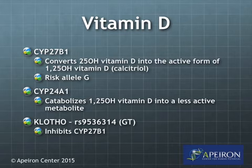You know, they're 40 to 60 on their vitamin D level, but you're looking at 25-hydroxy. If they're not converting that, then they are going to have higher levels because it's going to backlog a little bit. And then if you actually check the 1,25, you may find that they're deficient. So you need to keep their 25-hydroxy levels in the 80 to 100 range in order to get normal levels of 1,25. But what I do is, if I see this, I tend to order the 25-hydroxy as well as